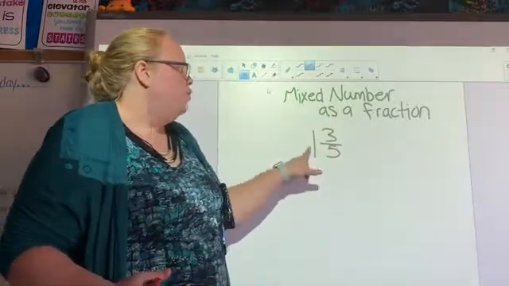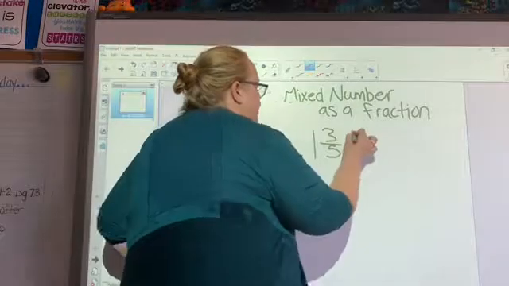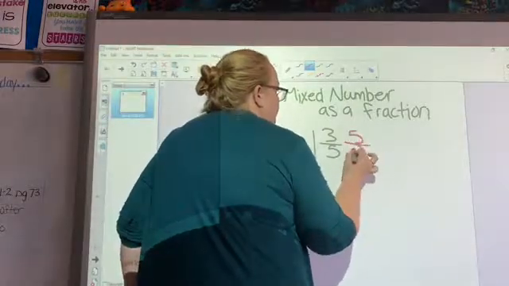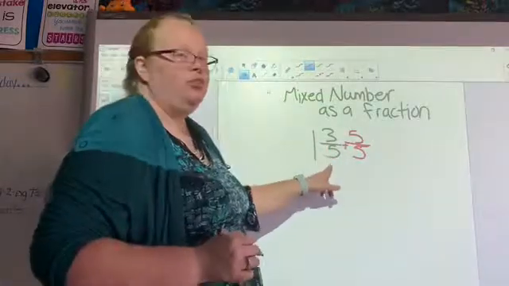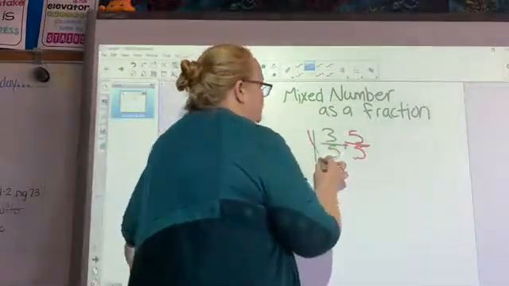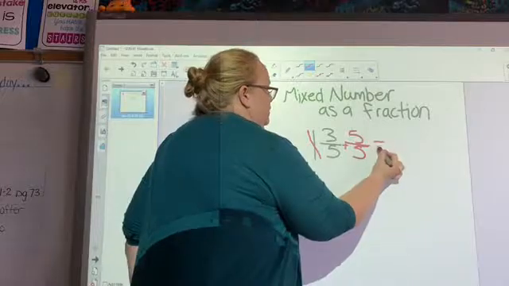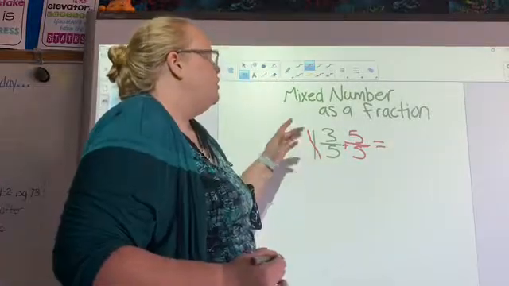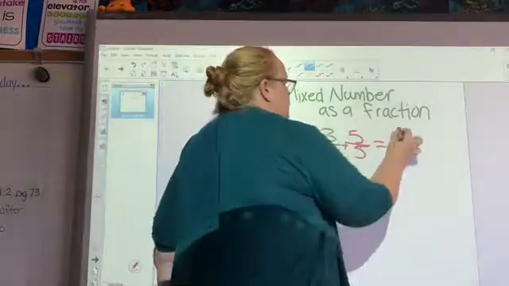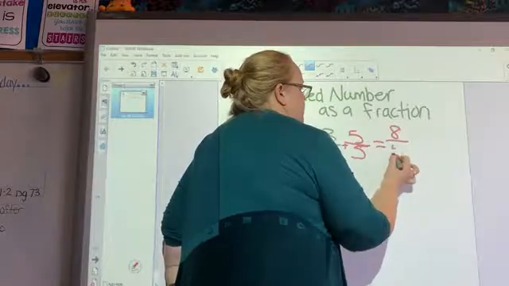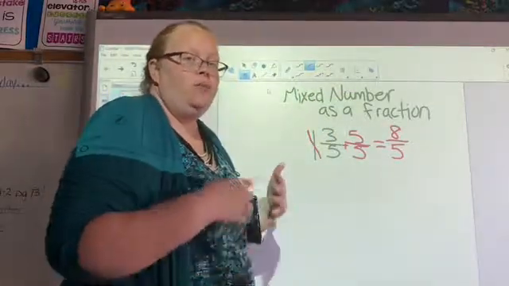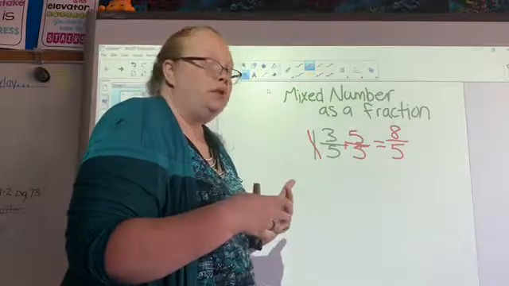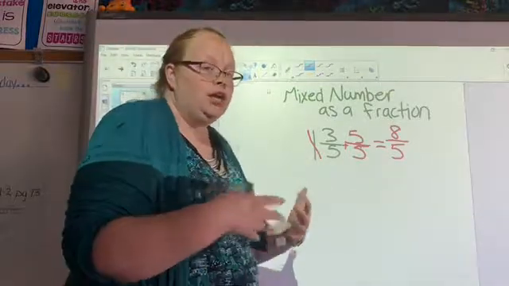So I give you one whole, so 5/5, and I'm adding it to my 3/5. So I've already used the whole, it became 5/5. And then you do 5 plus 3 is 8/5. Again, as they get better and they understand what that whole is, because it will interfere in later